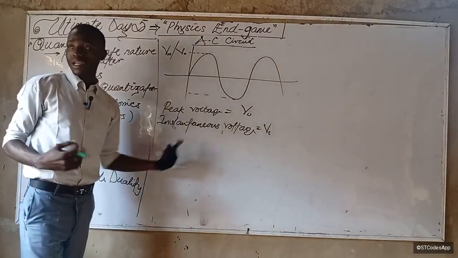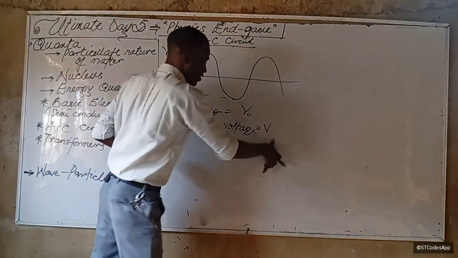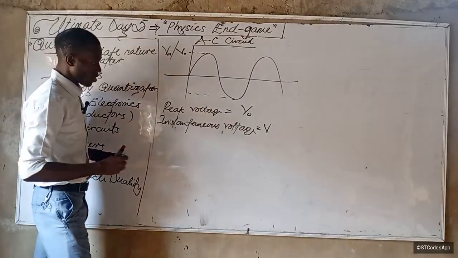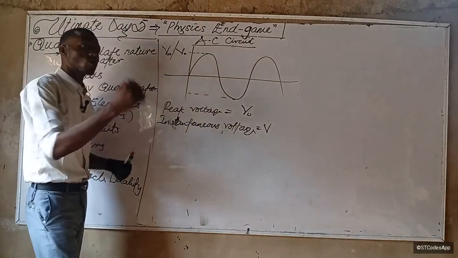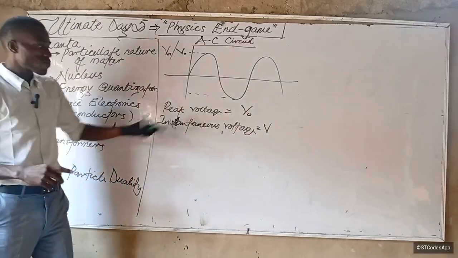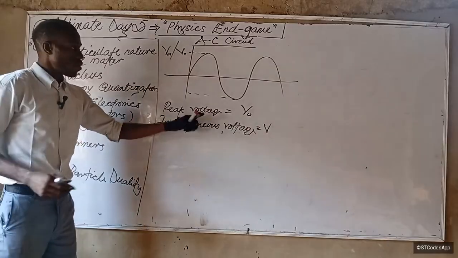Instantaneous means voltage at a particular time, at a specific time. Okay? So I want to use V, just V here, so that there will be no confusion as per the conventions. So then we now have what is also called the RMS value. I'm going to tell you what RMS value means. But before we do that, let me show you how we calculate the instantaneous value or voltage at a